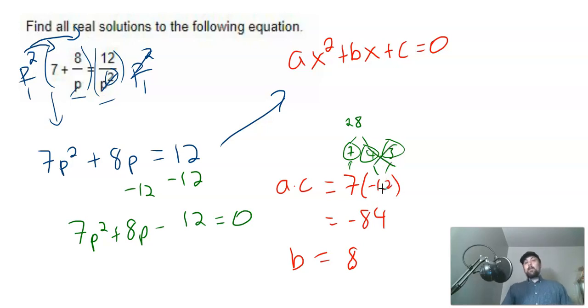What's another way you could write 12? You could write it as 6 times 2. And so you can take the 2 and the 7, which gives you 14, and that leaves you with 6, and what do you know, the difference there is 8. And so those are your two numbers, 14 and 6,